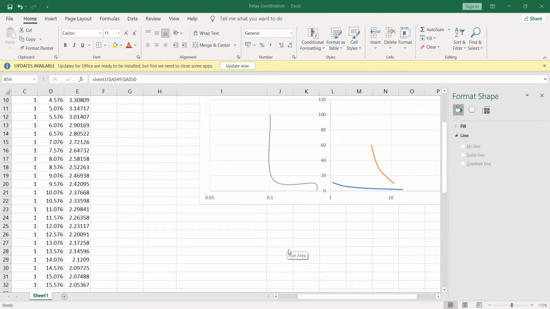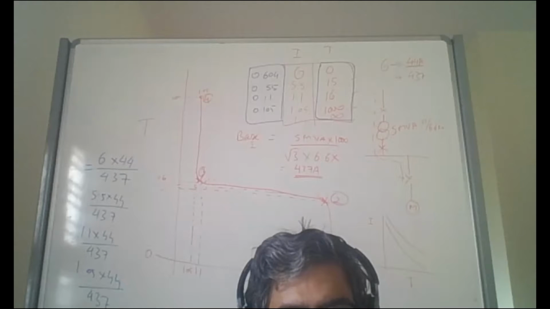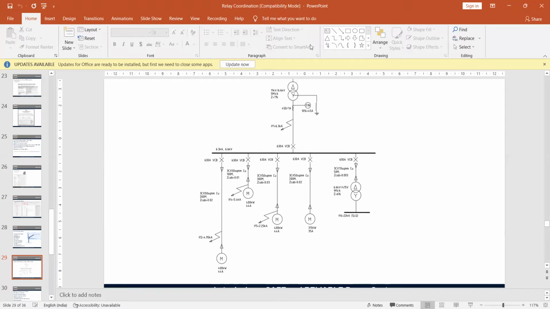See, now we have to add one more thing here. We have to add the outgoing curve of the outgoing feeder of the motor. We still have not done the coordination. Here we added the transformer damage curve, we added the motor starting curve, and we have added this breaker, right? But with whom are we doing the coordination? We have to do coordination with this breaker, so now we have to add this particular breaker.